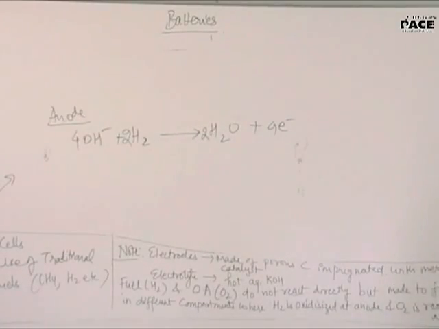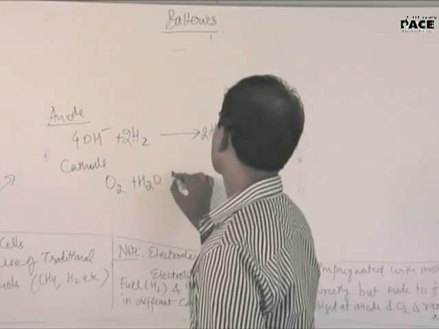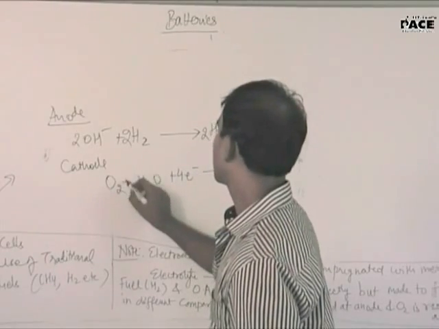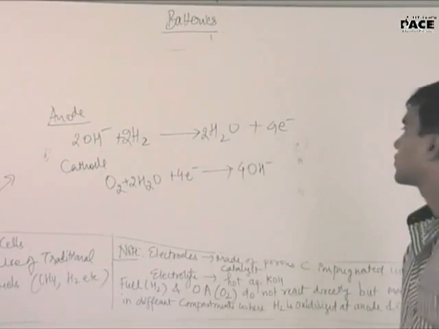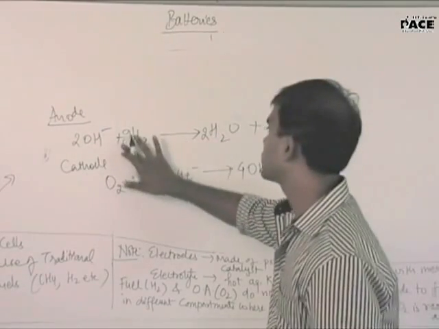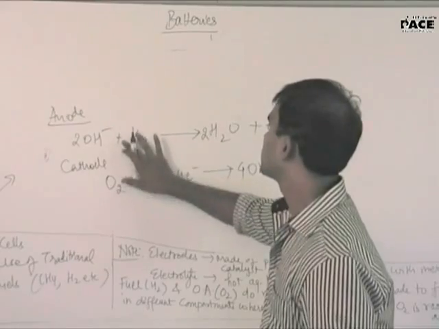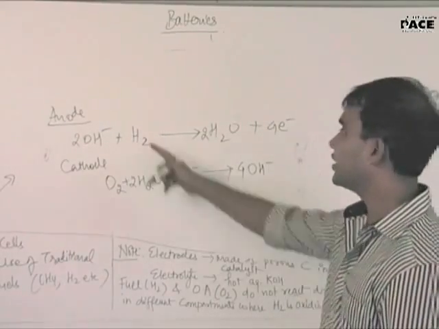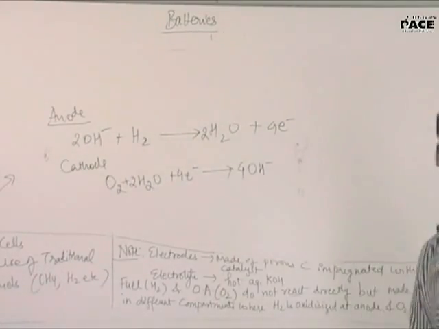This is the equation which you are going to get. Check it once. 2OH minus. We cannot have 2H2 in nature, so it shouldn't be 2H2. It should just be H2, and there should be plus 2 electrons. Why is it at anode? So plus 2 electrons on the right, not 4.